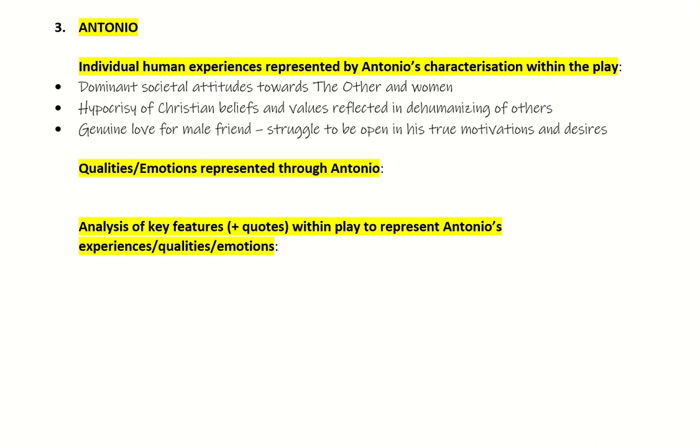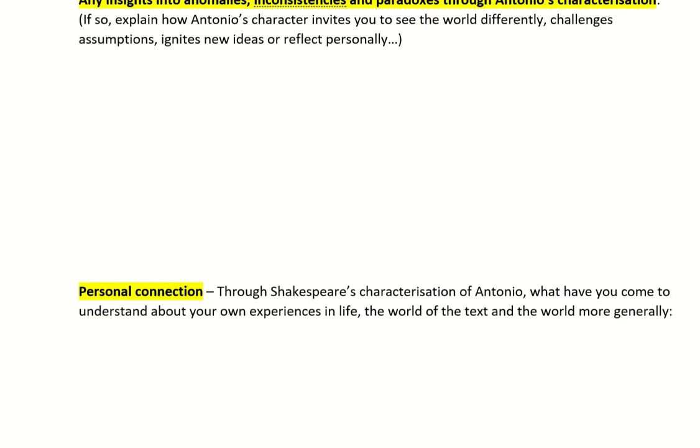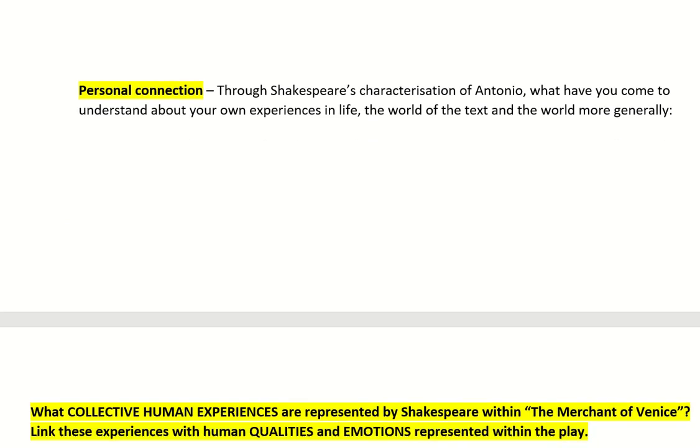The only scope I'd give you to consider is to try to choose characters or individuals that give you different experiences to explore. You don't want to be exploring the same kind of ideas or representations through different characters. That's kind of pointless. So really be intentional in your notes in thinking through different individual characters. You can do that for as many characters as you want. Realistically, in a 40-minute essay, I don't think you're going to have to do more than 3 or 4 in terms of this process of summary. Obviously, Antonio, I've left quite blank for you to consider.